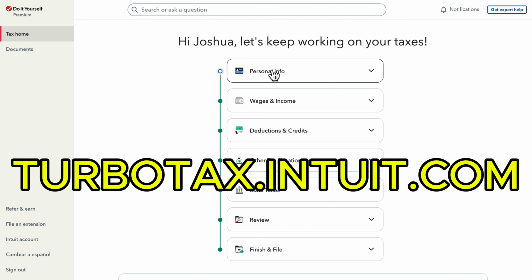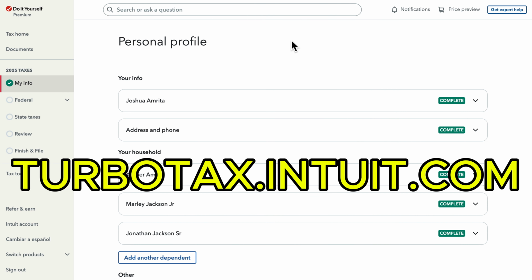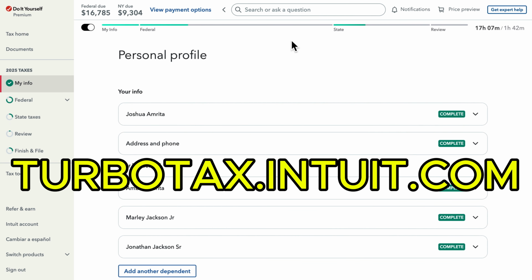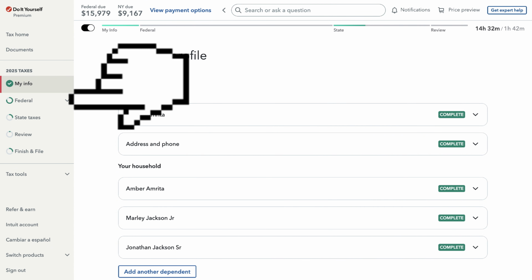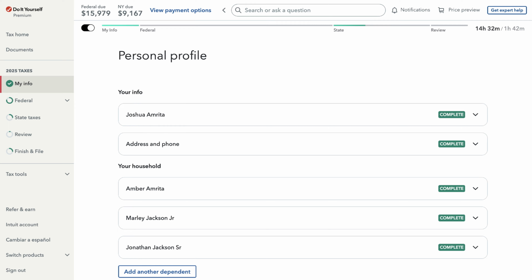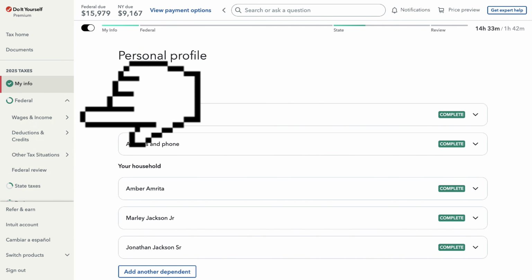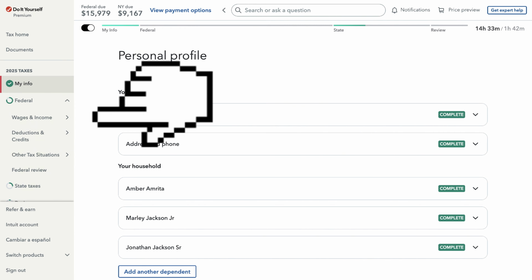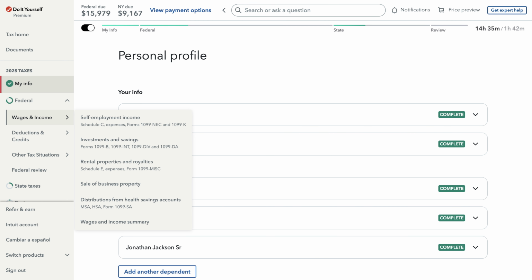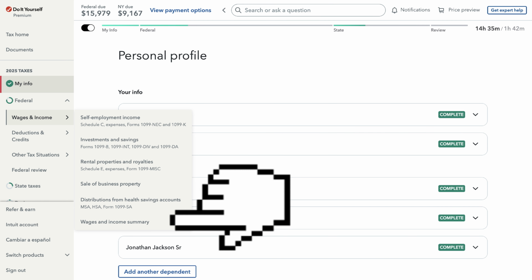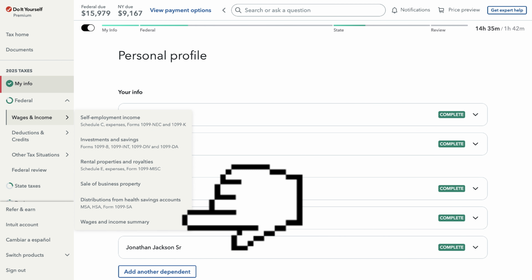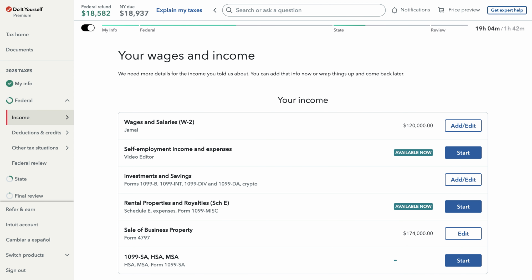After you sign in to your TurboTax account under turbotax.intuit.com, you want to click on this Federal button at the left side of your screen. Then click on the Wages and Income button just below it, which will open up these selections, and hover your mouse over the Income selection. Then choose Wages and Income Summary, which will take you to this page,